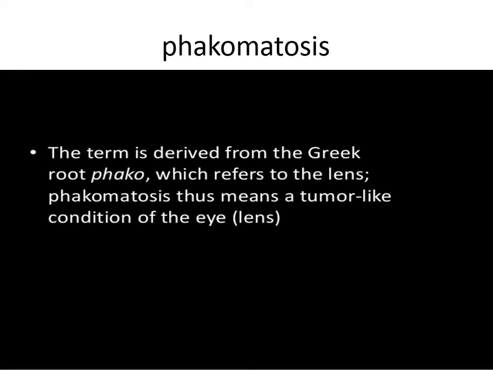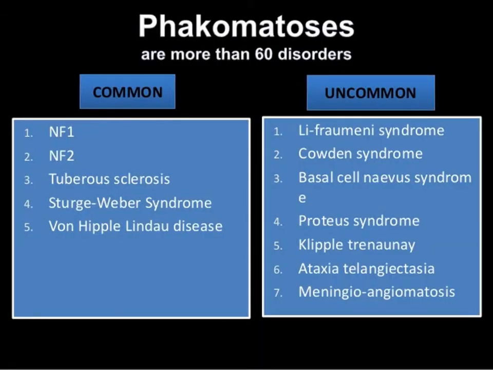Phakomatoses are a group of diseases. The term derives from the Greek root phako, which refers to the lens. Phakomatosis thus means a tumor-like condition of the eye. There are more than 60 disorders. The common ones are neurofibromatosis type 1 and type 2, tuberous sclerosis, Sturge-Weber syndrome, and von Hippel-Lindau disease. And we have many uncommon